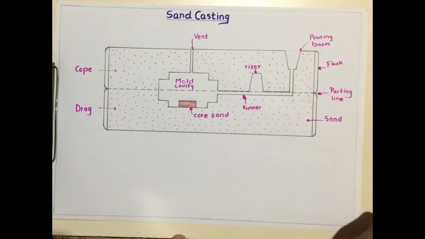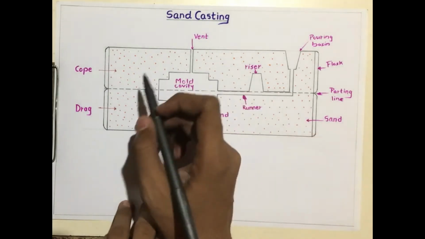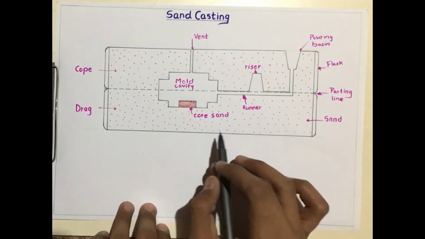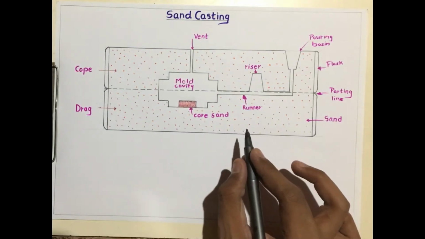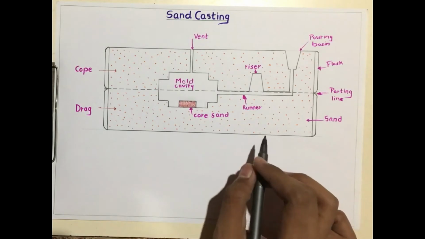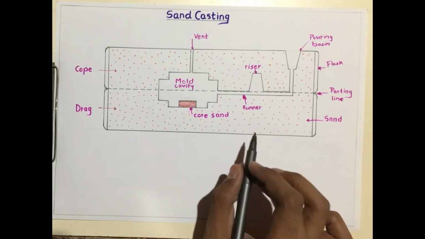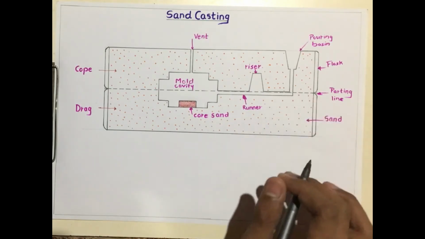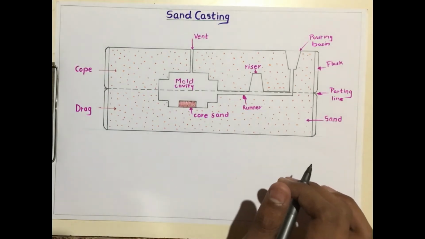In this video we will see what is the sand casting process and what are the steps involved to cast a product using this method. In this method the molds are prepared with the sand and some binding material mixed with it. These molds can be used for only one time to cast a product